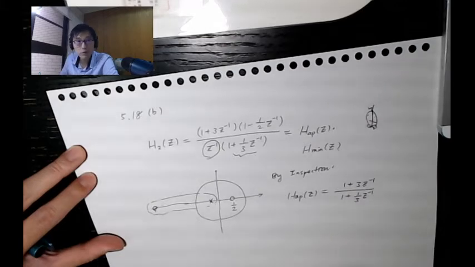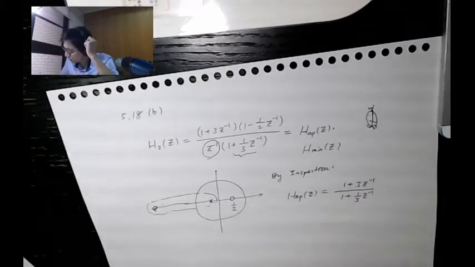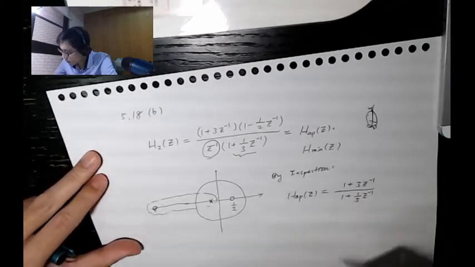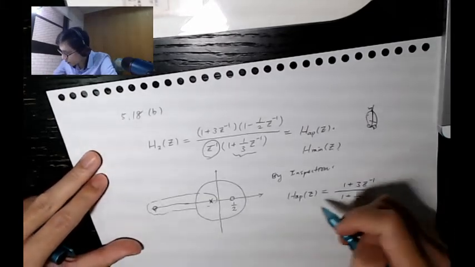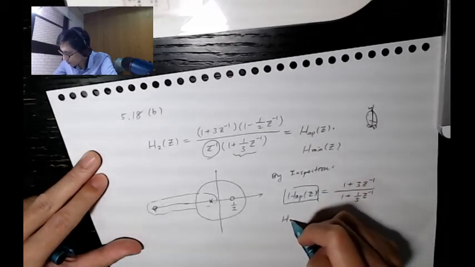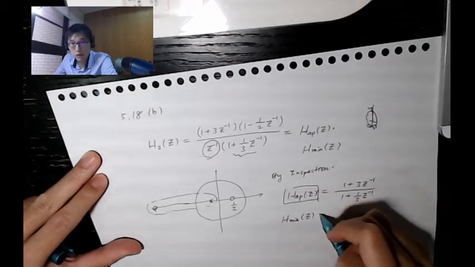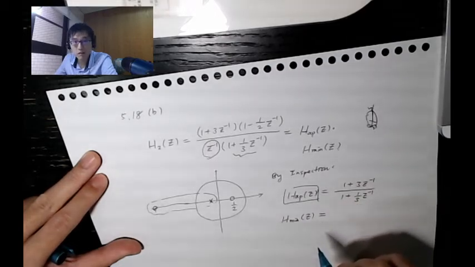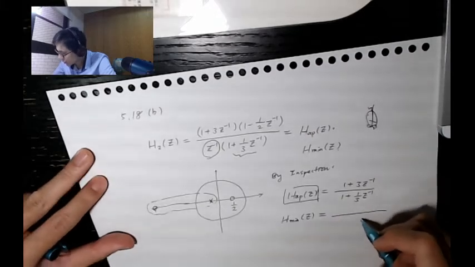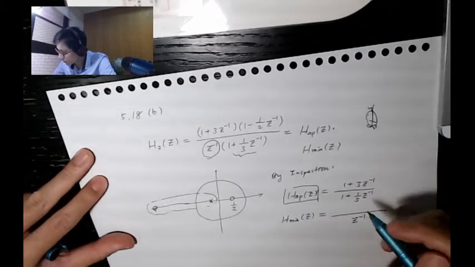is pretty interesting. Now I have to say it is pretty interesting. Okay, the remaining part. So if all-pass is that, the remaining part I argue is H min, but then Gao Zhongyu, the TA, said it's not correct. But let me just follow your thought. The remaining part, the minimum phase part, is this.